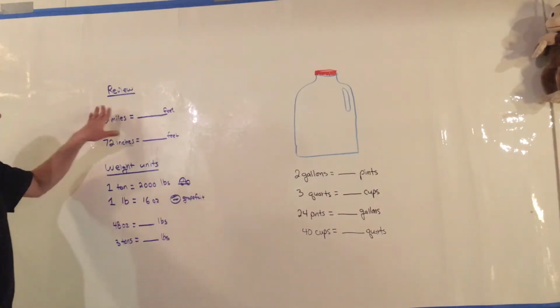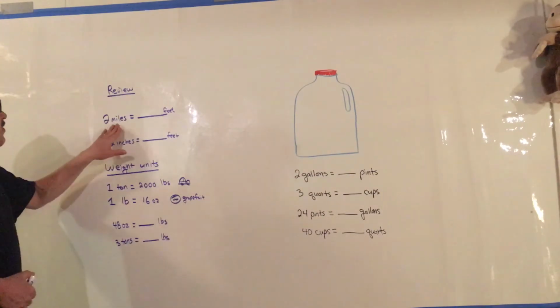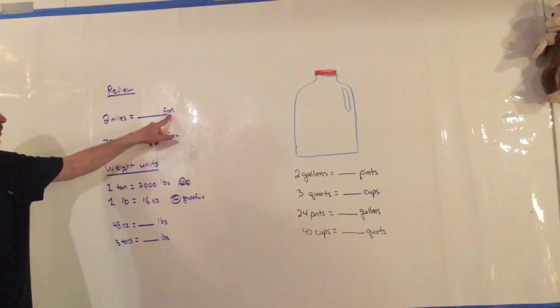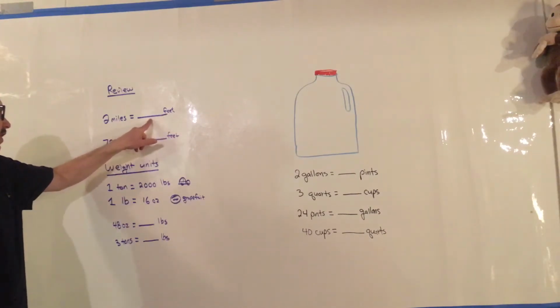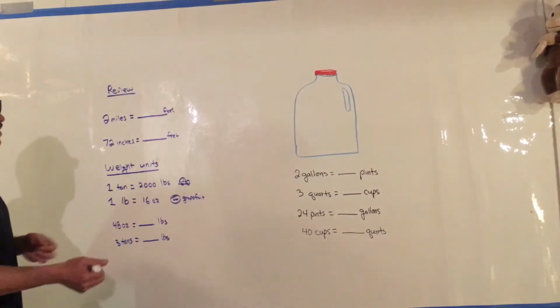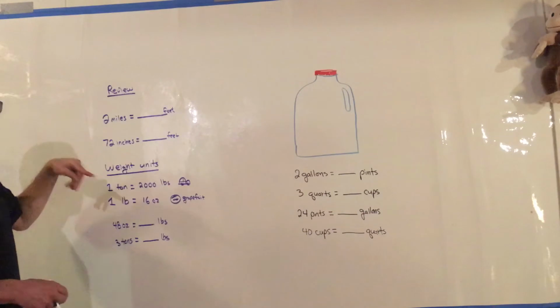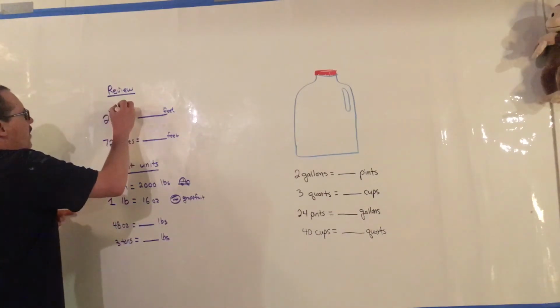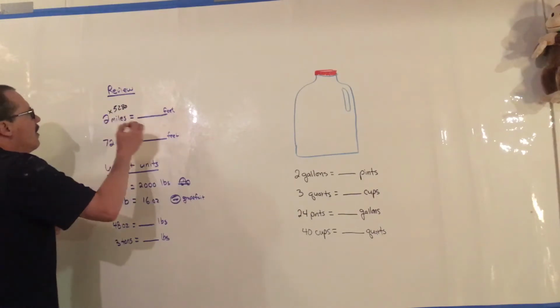Review is what we learned from before. 2 miles equals how many feet? Well, feet are small, so this number is going to be very big. There'll be a lot of small things that make up 2 miles. So I have to know that there's 5,280 feet in a mile. So I'm going to times by 5,280, and that'll give me